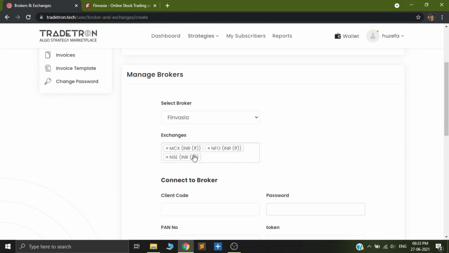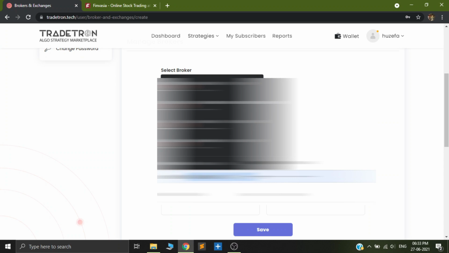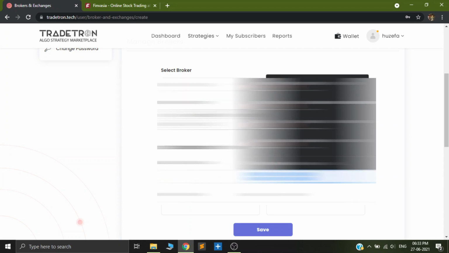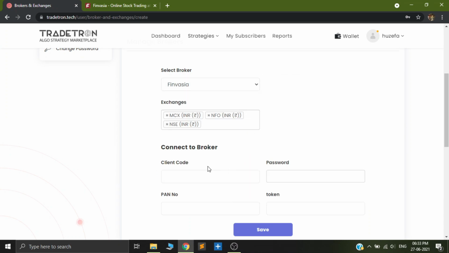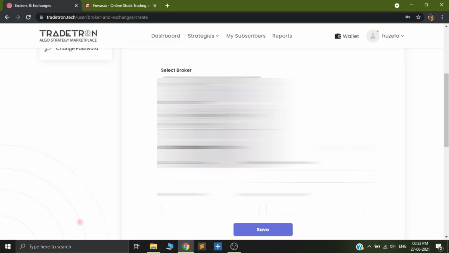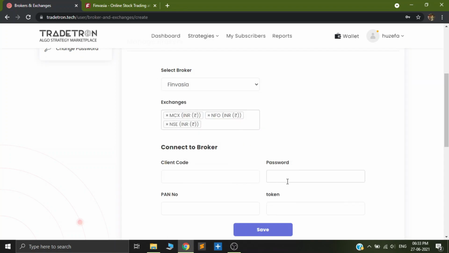There it is. Once I have my Finvasia broker selected, I will get four different boxes that I have to fill. You have to put in your client code, password, and PAN number in three of these boxes.